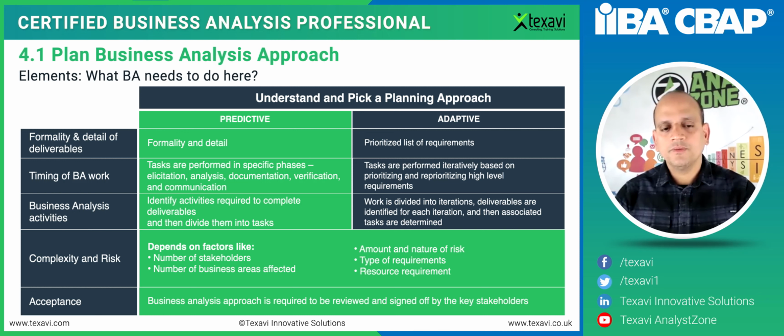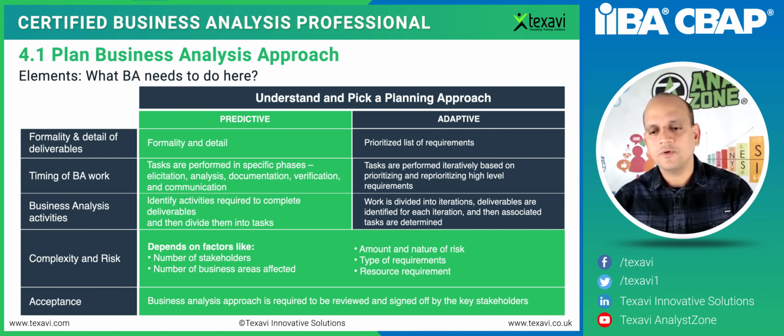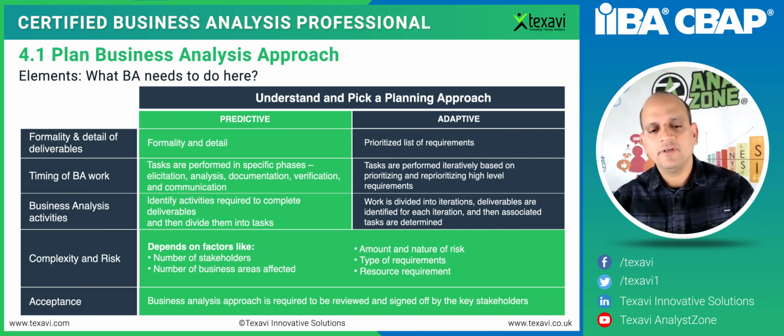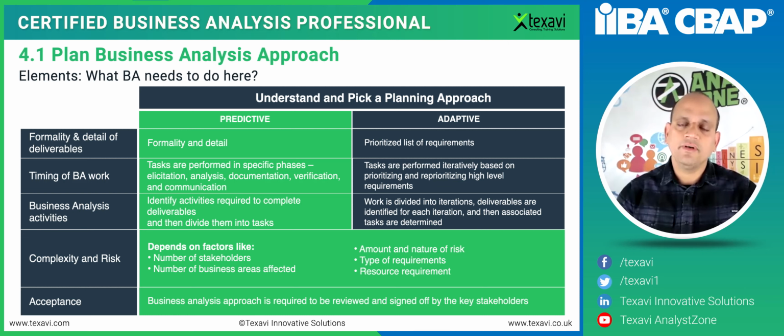Yeah. So in terms of complexity, there are different factors like the number of stakeholders, the number of business areas affected, the nature of risk. We talked about all these things, right? The type of requirements, functional, non-functional, technical defects, and the requirements of the resource, the skill set, all of these come into the picture. And that's why we have to really look at all those angles. And that's the reason why Agile is preferred more than the waterfall. And again, in terms of acceptance, how would the customer accept your solution, your delivery? Again, that needs to be discussed, reviewed and then planned ahead for, even before we start